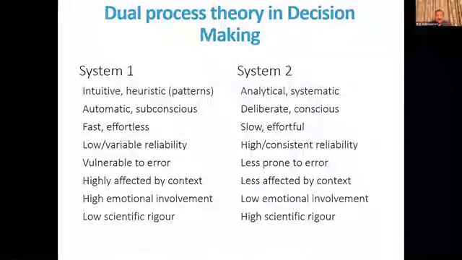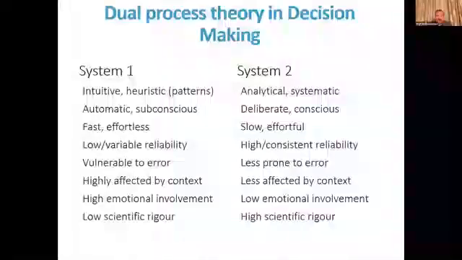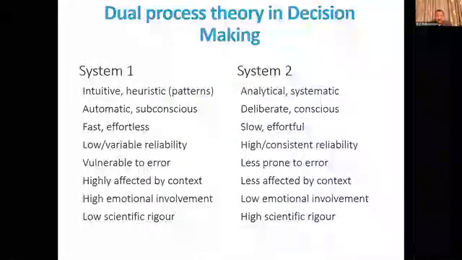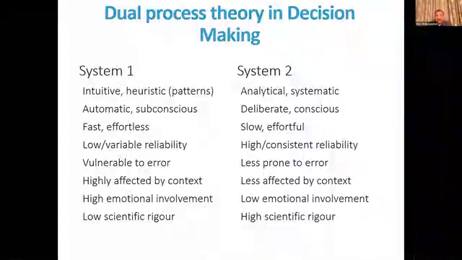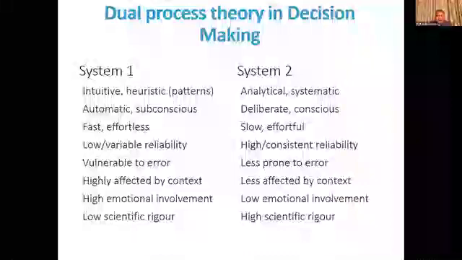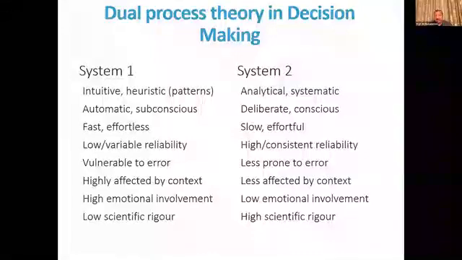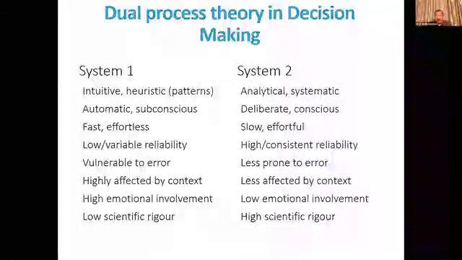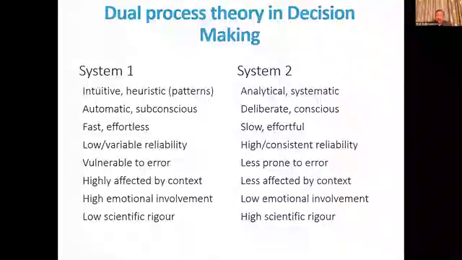And this occurs quickly at a subconscious level. It does not need much energy to execute, and errors usually occur in this system, and it is highly affected by variables in the person and outside the brain of the person, and it can be affected emotionally by emotions,